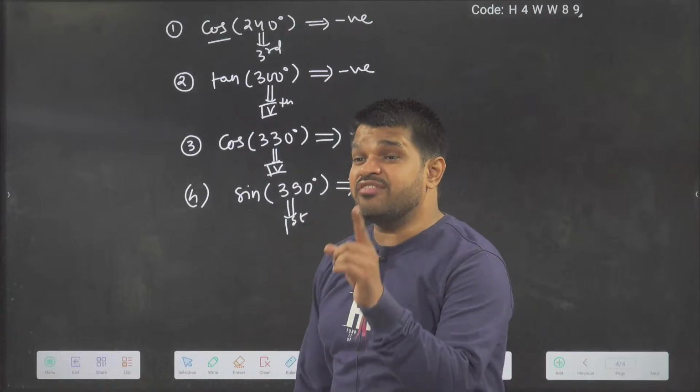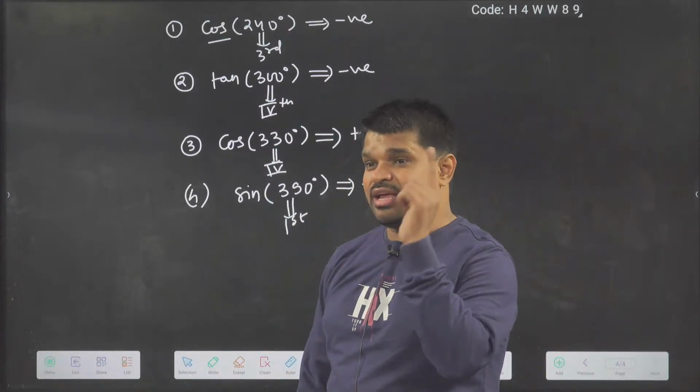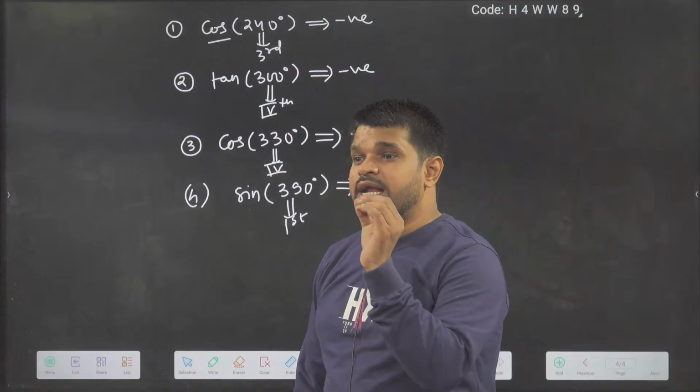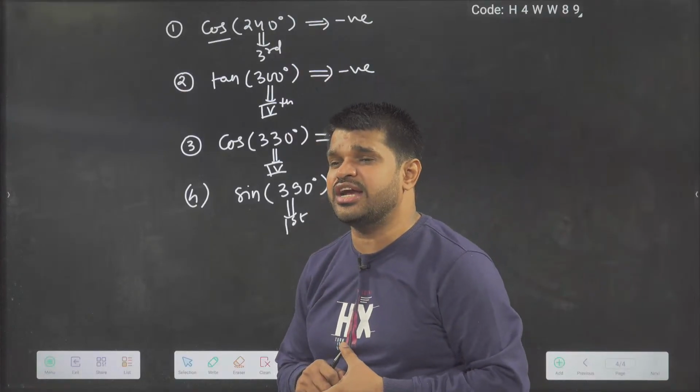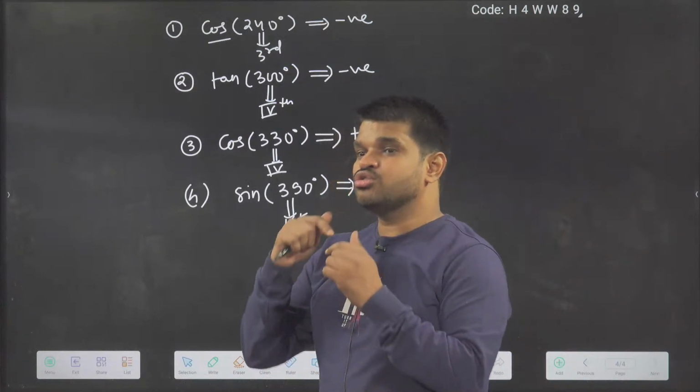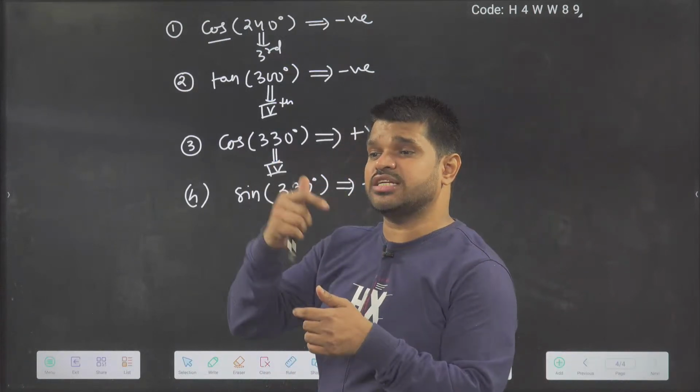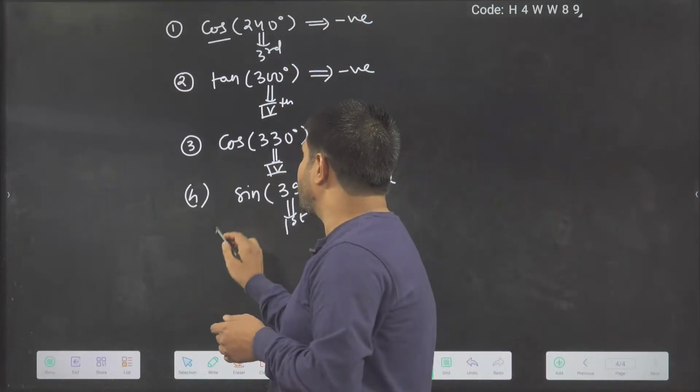Okay. Now answer the next question. Should I give the angle in radian? Will you be able to do it? Now I am not giving you the angle in degree. I am going to write the angle in radian. So first do the radian to degree conversion and then decide. Okay, so the fifth question is: